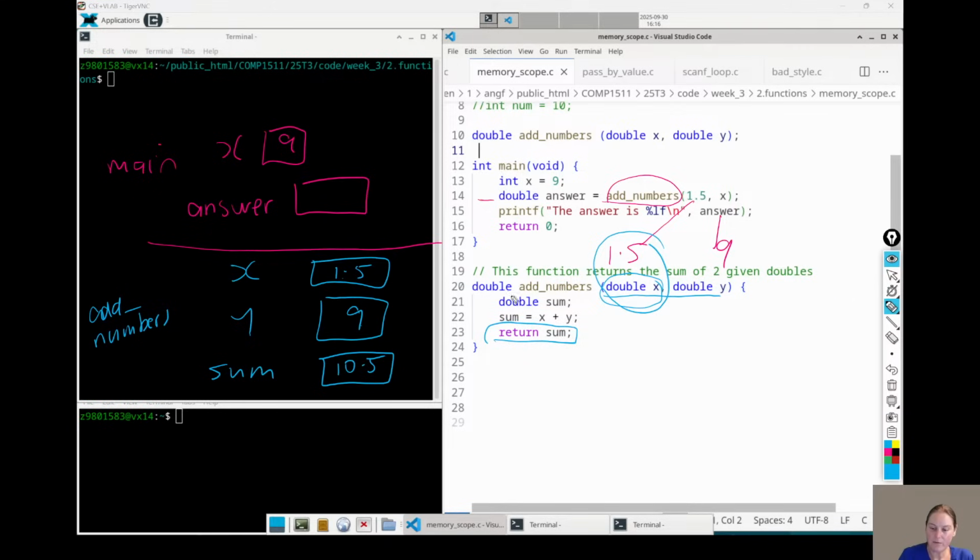So this return has to return a double. The value that's in sum is 10.5, so it's returning that value 10.5 to the main. And the main is storing that in its variable called answer. Okay, so this is what's actually happening.